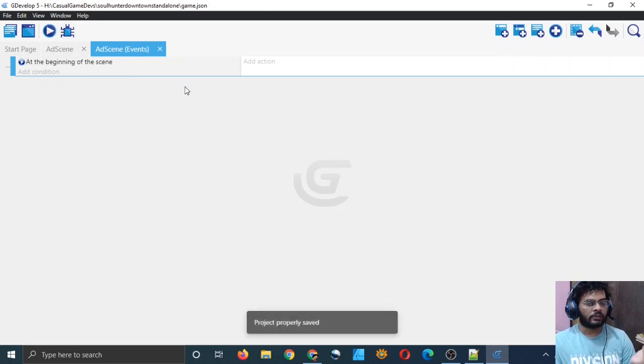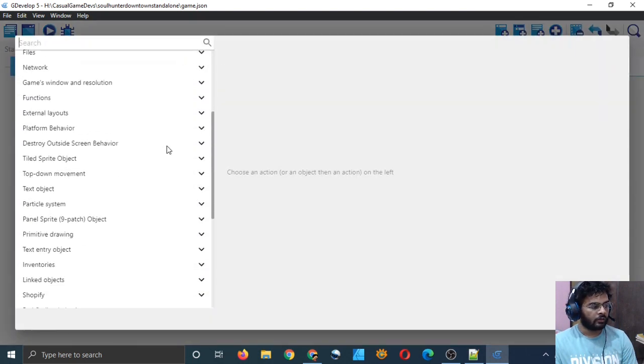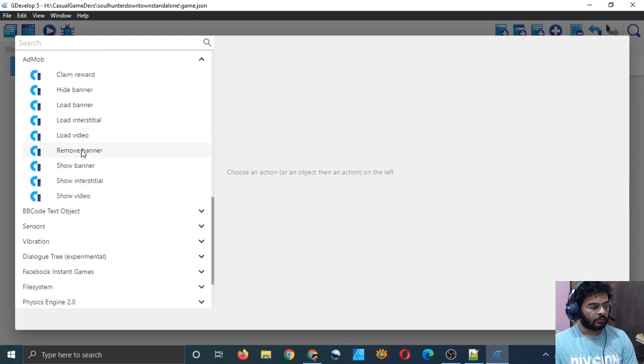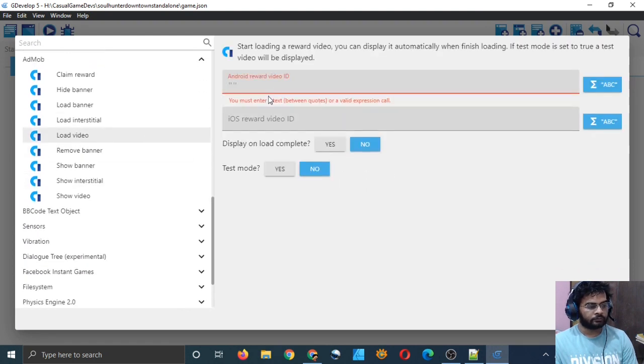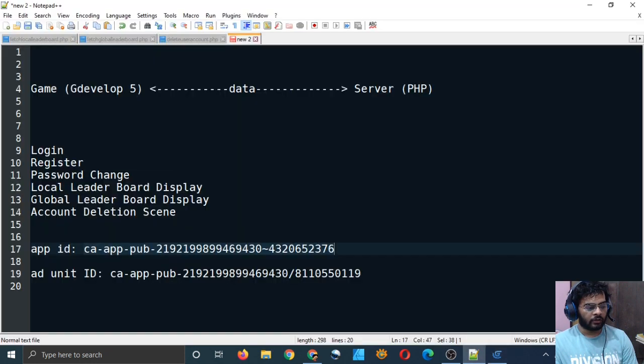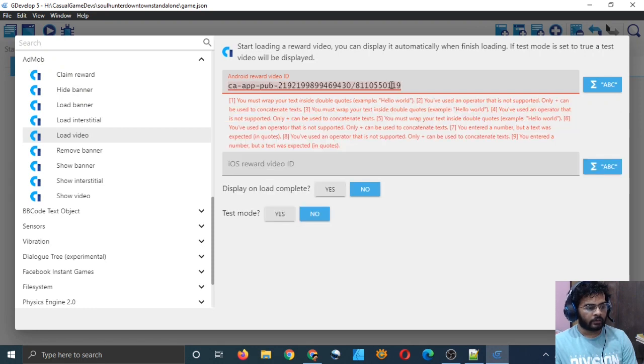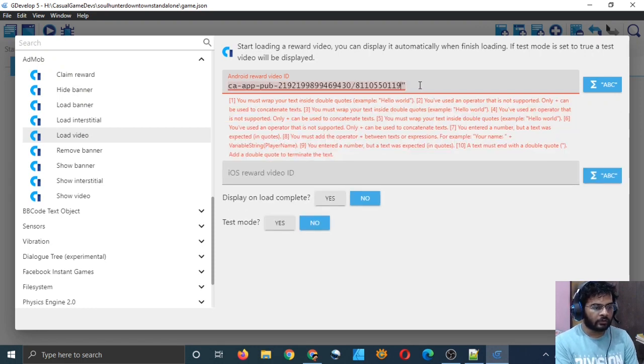In the beginning of the scene, we will simply load the video ad. So let me put an action, AdMob. I will put load video. And what is the video ID? I think it was this ID. Let me copy that simply and I will paste it, and I have to do it this way.